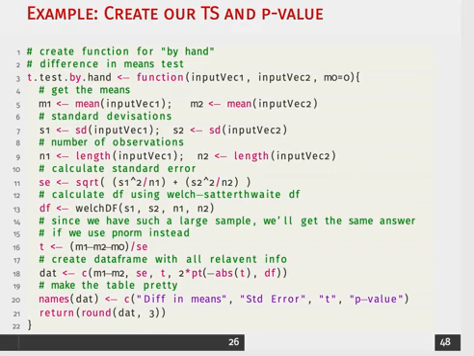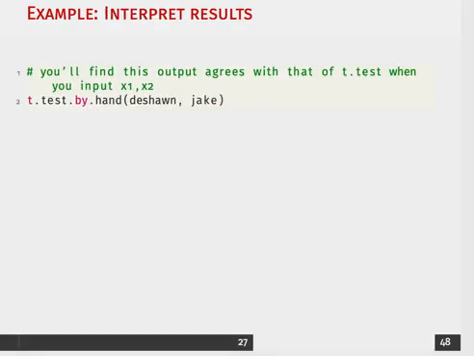Once we have our t statistic, you'll remember that we need to make some sort of inference from that. We use our p-value, which is going to be a measure of surprise. That's what's happening in line 18. Because this is a 2-sided test, we are multiplying that by 2. And then this is going to return not only the difference in means, it's going to tell us what the standard error, the test statistic, and associated p-value is. Now you can do all of this in R, but I want to show you exactly what's happening in the background if you do that.